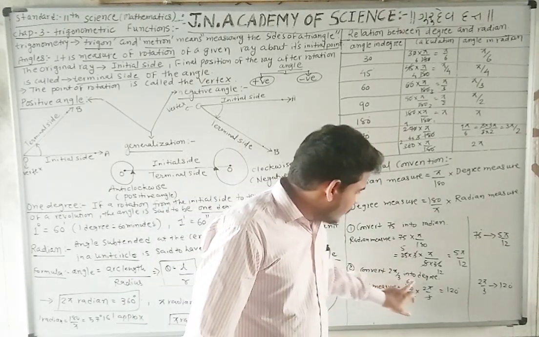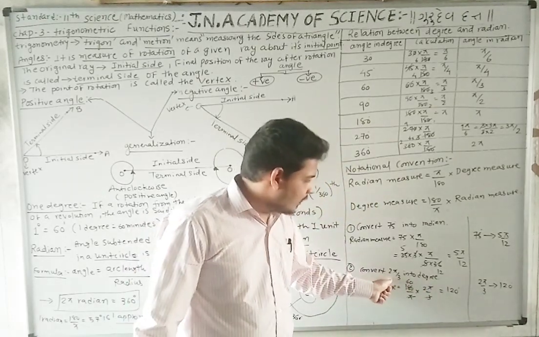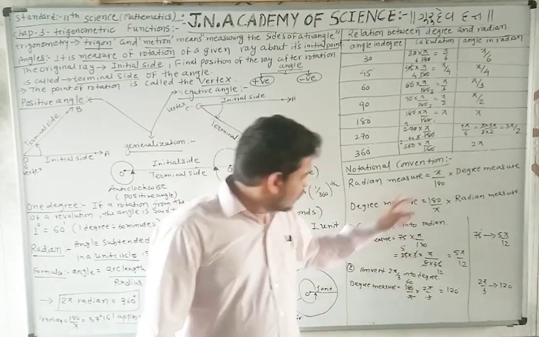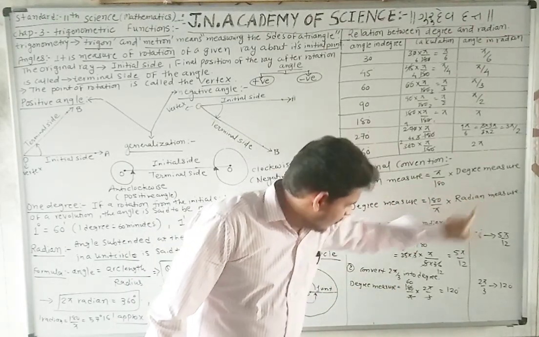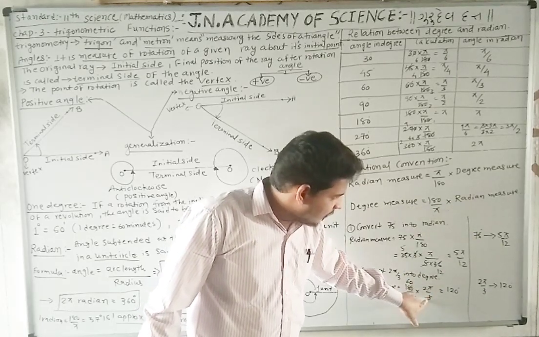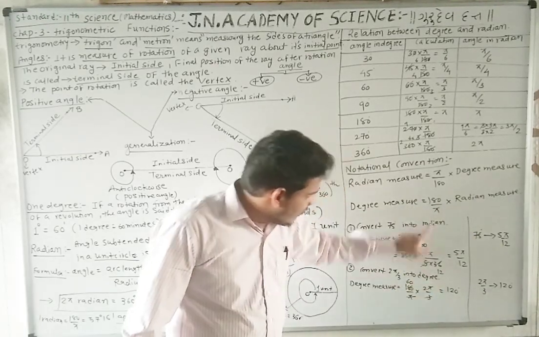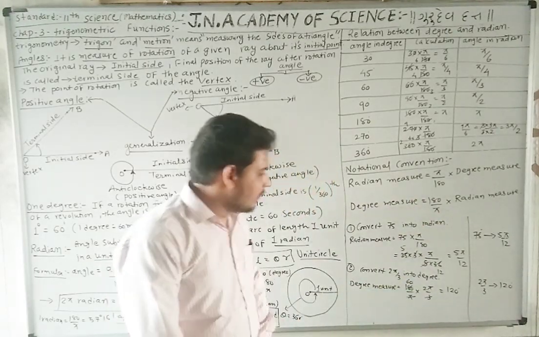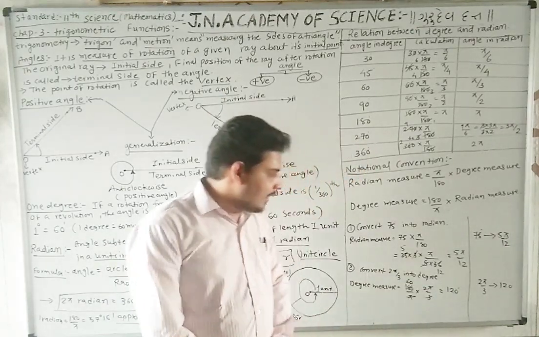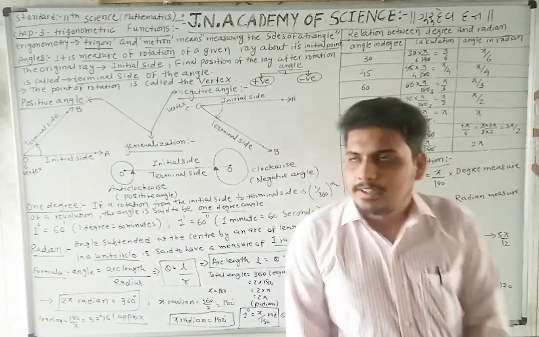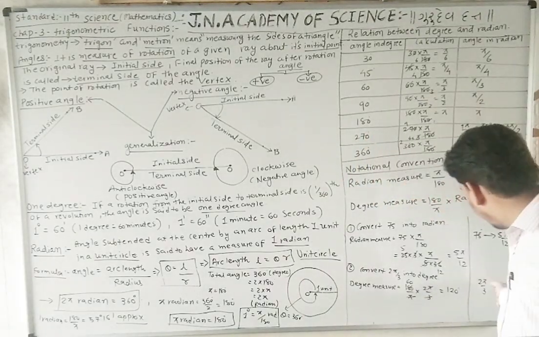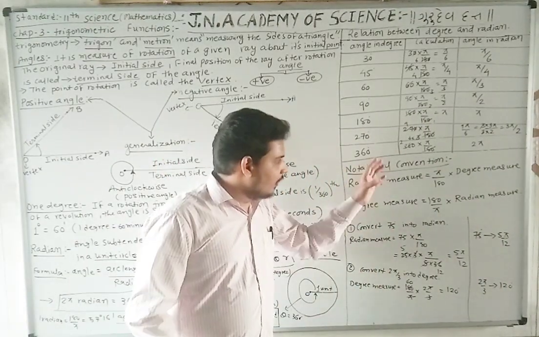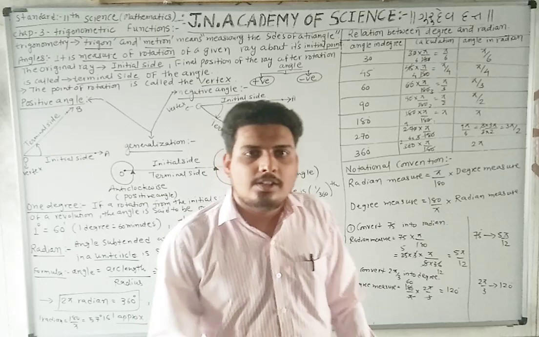Similarly, convert 2 pi by 3 into degrees. You have 2 pi by 3, which is nothing but the radian measure, so you apply the formula: substitute the value of the radian measure 2 pi by 3 multiplied by 180 divided by pi. 60 threes are 180, pi is cancelled out, and then you get 2 times 60, which is 120. That is how you can convert 2 pi by 3 into 120 degrees. So this is about the conversion of radians into degrees and degrees into radians.